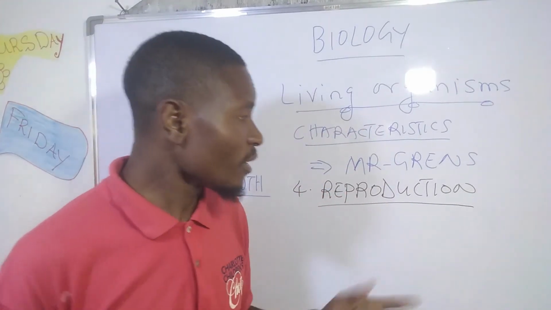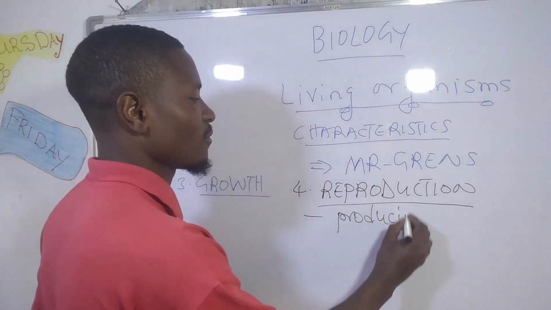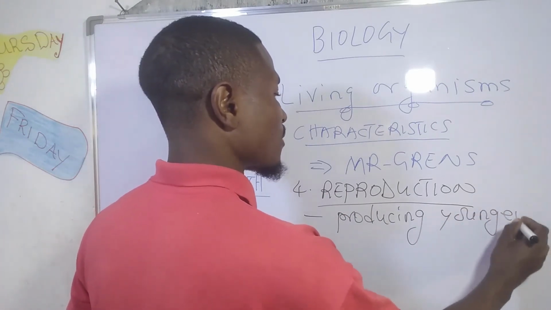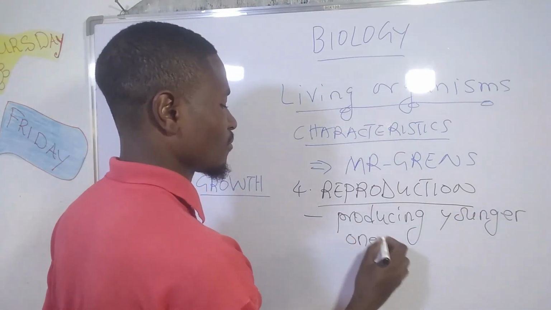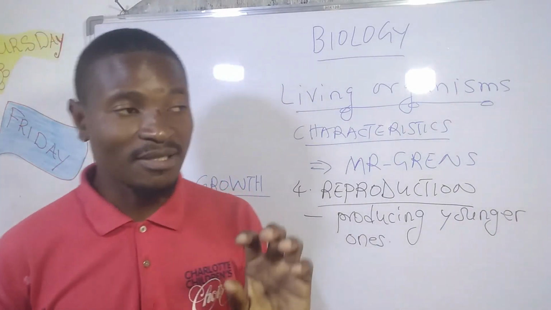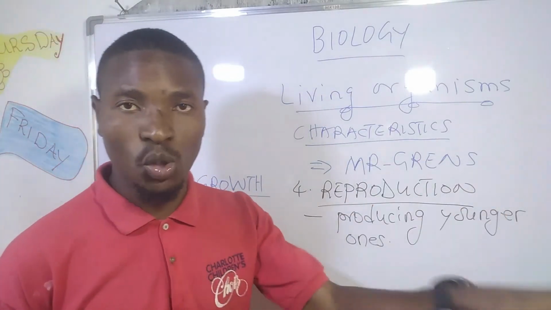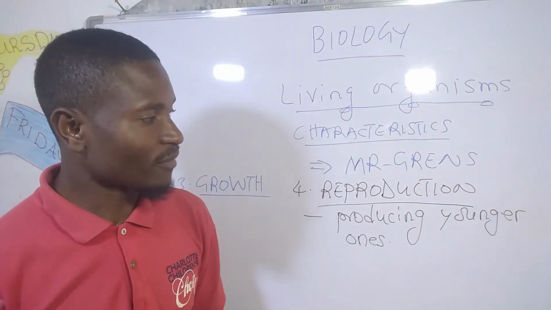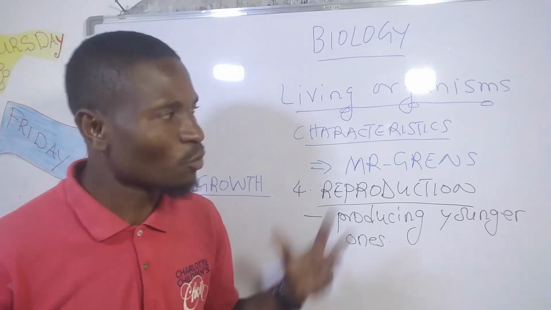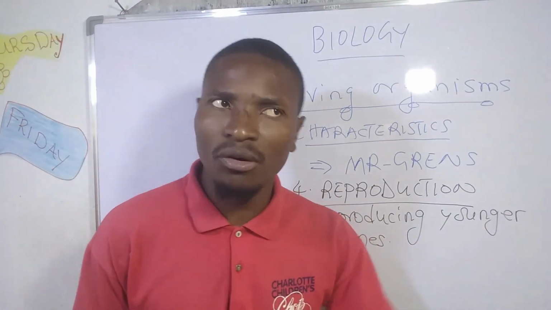Reproduction involves producing younger ones. So reproduction is essential to every living creature or organism, because for something to be stable, there must be reproduction. For example, people who were born in